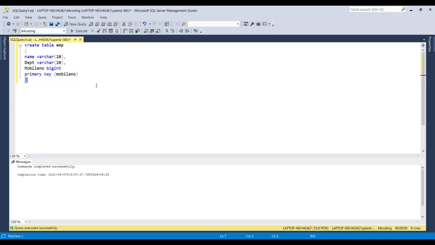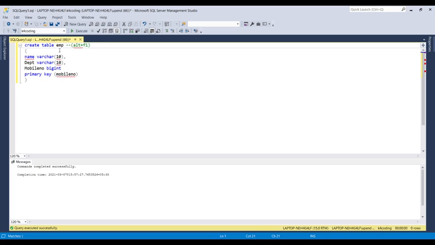How do we identify whether our primary key has been created or not? There are two ways. First, select the table and press Ctrl+F1 on the keyboard. It will display all the necessary information related to the table object.